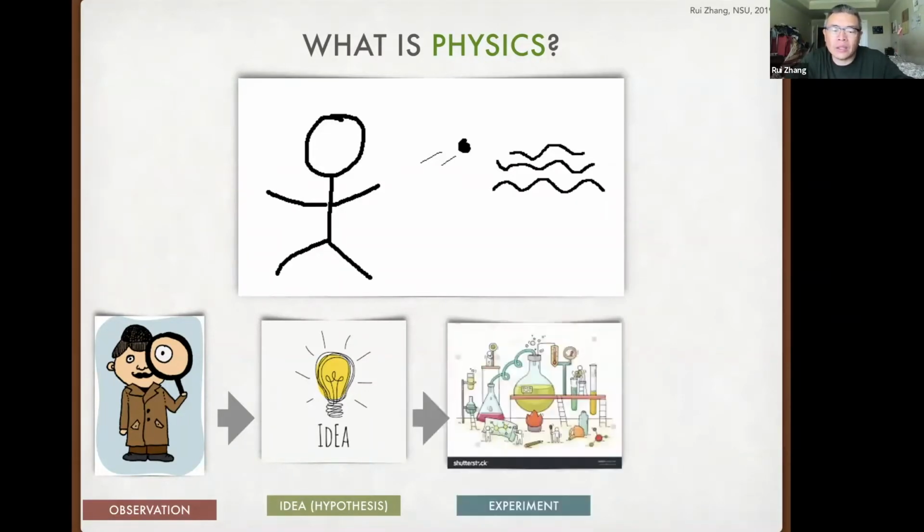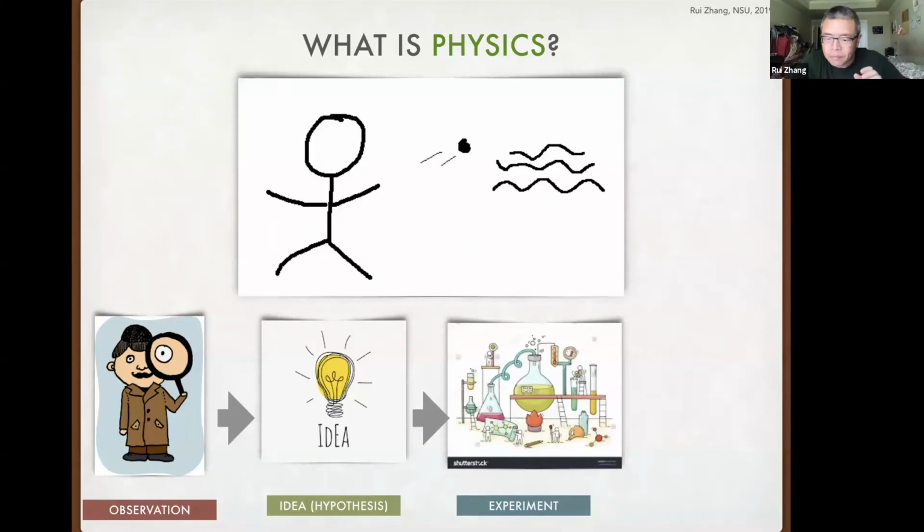Okay, now the next step is to do an experiment. Based on our observation, and the idea coming out of the observation, we will try to do an experiment, to verify whether it works. When you do an experiment, it is a little bit different from observation, because in this case you actually put everything in a very well controlled situation. Like you go to a lab, make sure everything is set up carefully, and then you can repeat it under the same conditions, for different kinds of specific things, and you can take measurements.